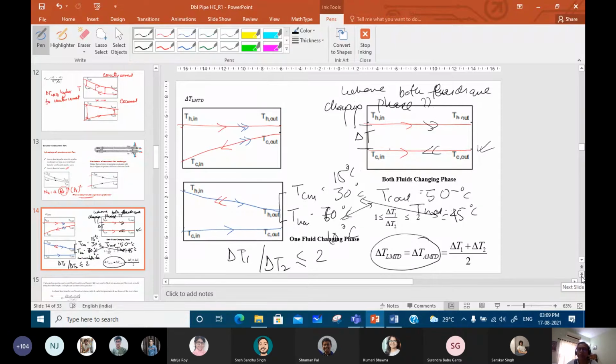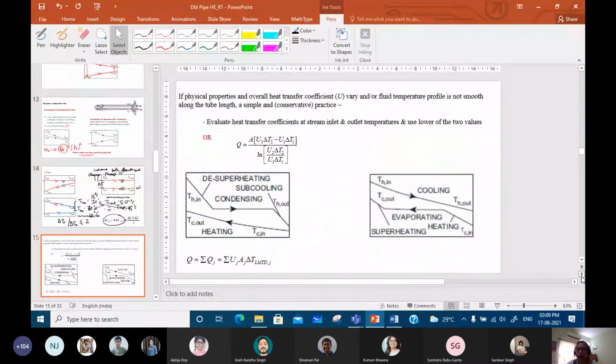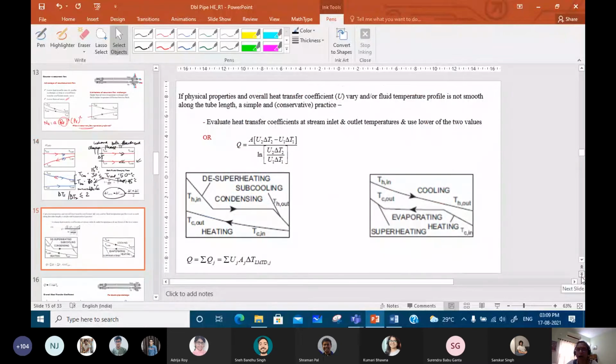So therefore, there are certain things that you need to consider regarding LMTD. For example, when you should go for co-current flow, when you should go for counter-current, under what conditions the LMTD value can be taken, or how it can be simplified. So this particular part, is it clear to all of you? Anybody, any doubts, any questions, anything?